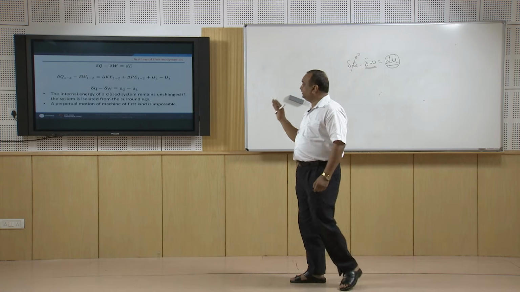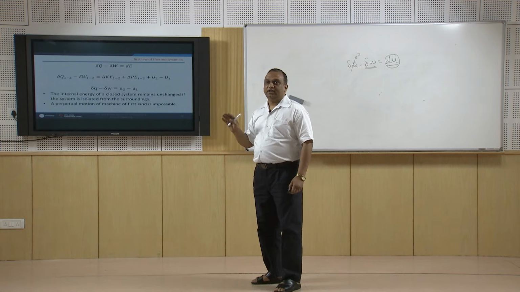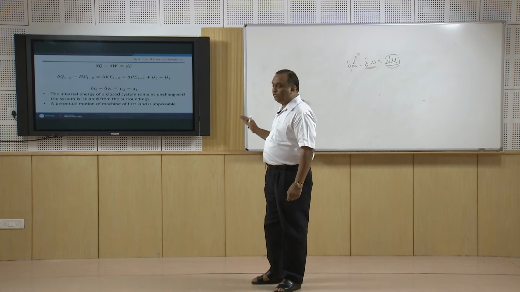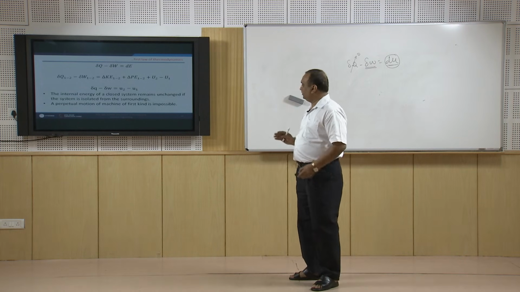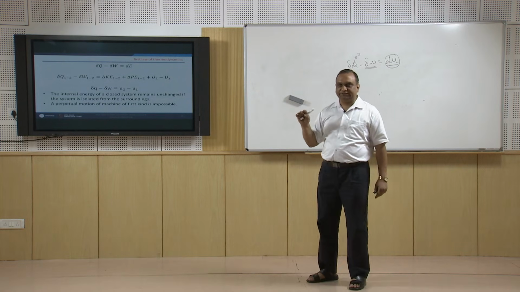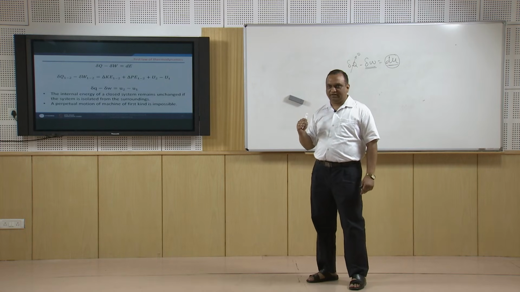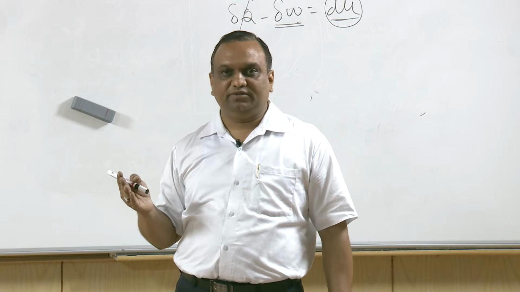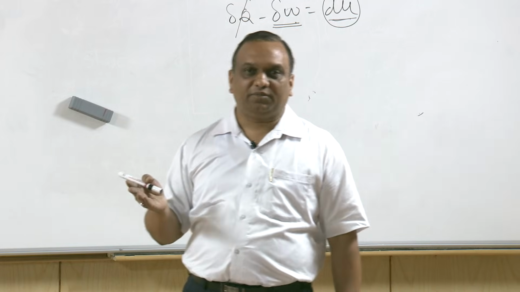So, the perpetual motion machine of the first kind, the machine which gives perpetual output without having any input, is not possible. Now, in fact I will explain to you, there are three types of perpetual motion machines: first kind, second kind and third kind. The second kind of machine is that machine which has 100% efficiency. That is a violation of the second law of thermodynamics.